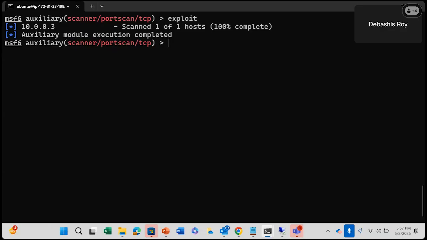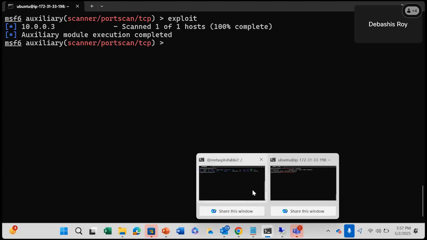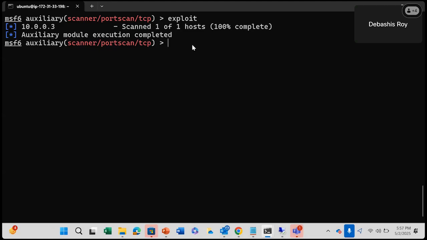So it has identified that 10.0.0.3 scanned one host, 100% complete. It could find this down. Okay. Now, if I go through the nmap,